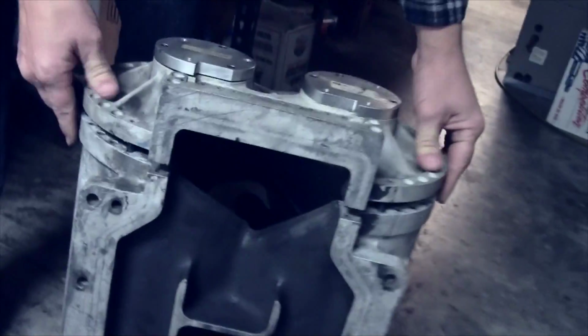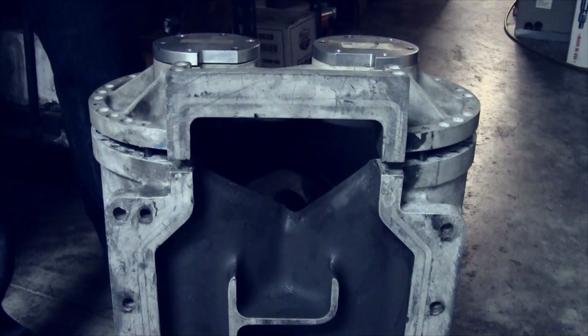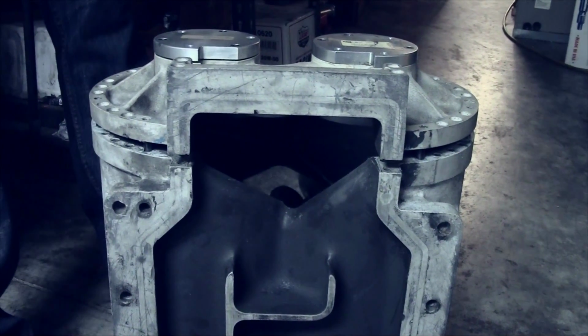Yep. Here's the actual back plate. If we turn that around, under the slide, it's all coming out of there. I don't want to push it down onto the deals. Yeah, all the air comes out of there. It compresses it all into the...